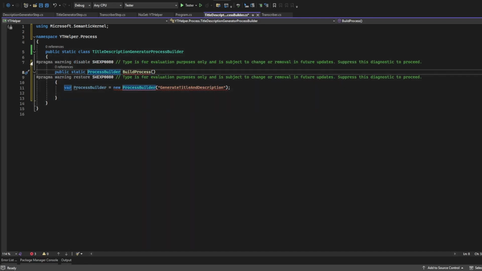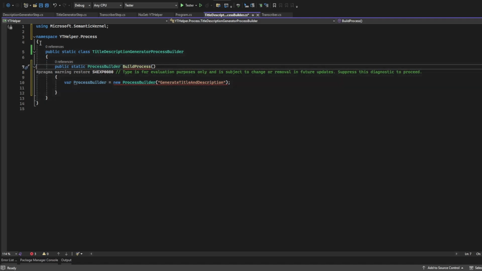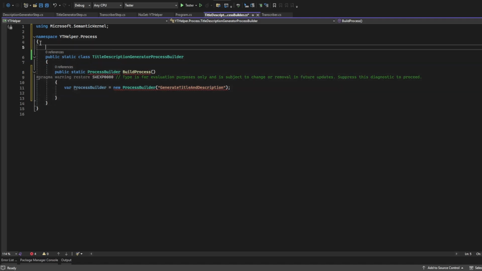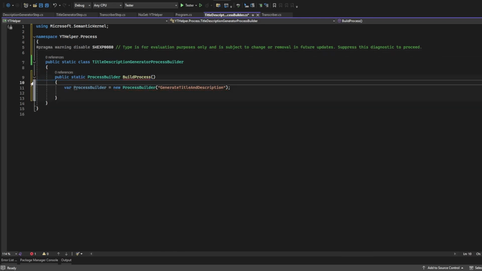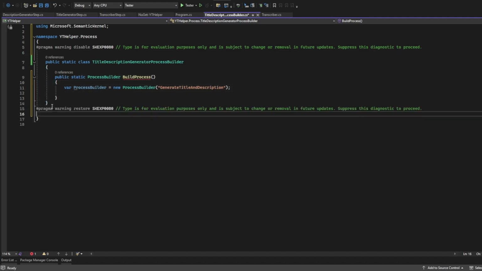I'm just moving it up and down so that it will cover every part of our code. This namespace, and before closing our namespace. Okay,